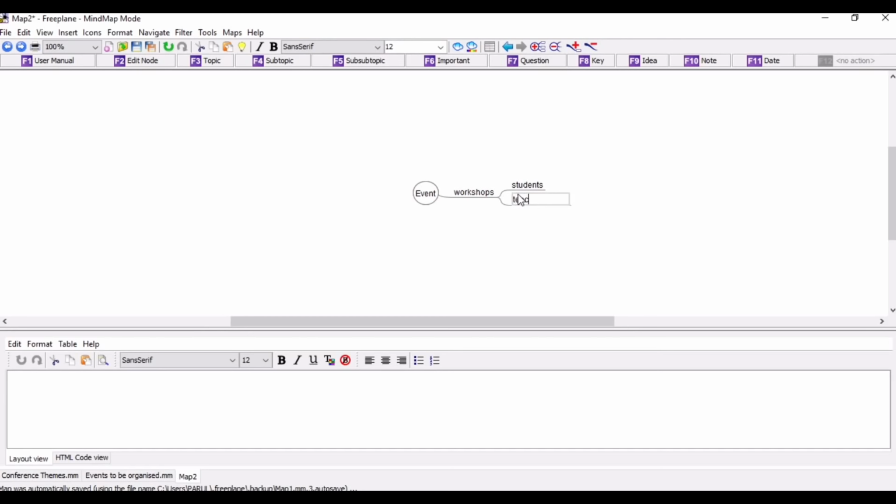So if you simply enter, you will get a sibling node. So these two nodes are the sibling nodes, the students and the teacher, and student and teacher become the child node of the workshop, and workshop becomes a child node to the main topic, which is event, right? So if this is my topic, I can click on F3 and I can click here event. So this portion will be highlighted, the color is being changed. I say that workshop is my subtopic, so I click here, right?